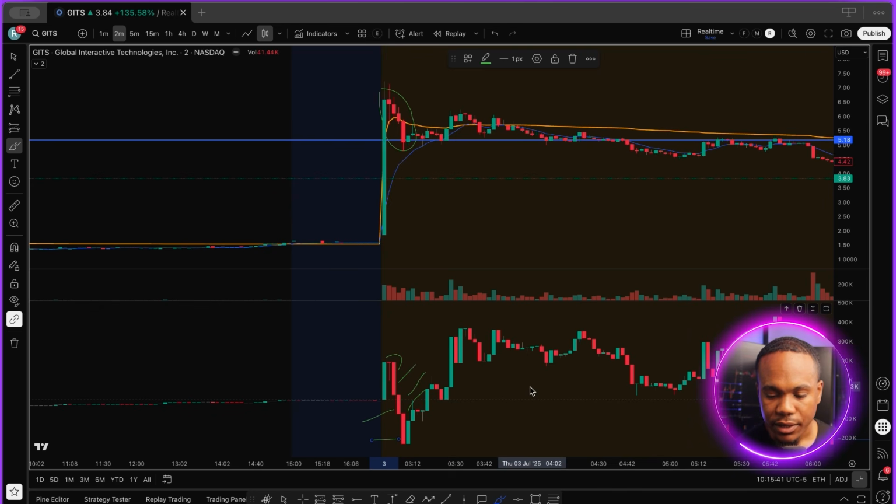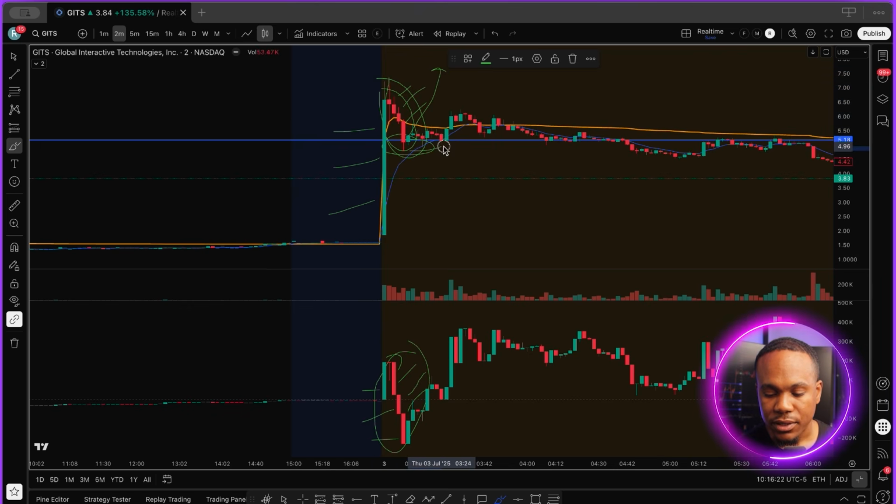Now, what is this communicating? This is communicating that the selling pressure on this small pullback is greater than the buying pressure on this initial move higher. This is divergence. And typically when we see something like this, we may be looking for the continuation. But oftentimes this communicates that the sellers are very aggressive. There's not many buyers behind this move.